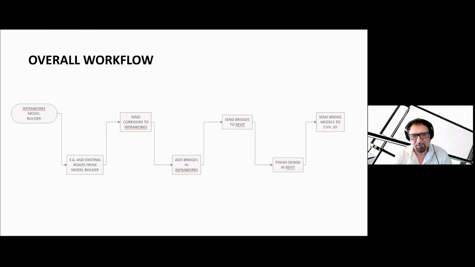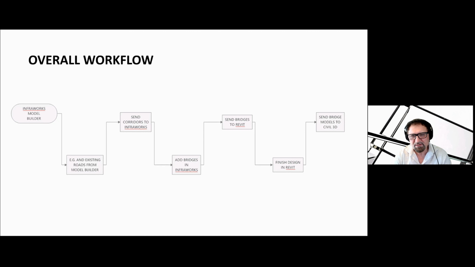First of all, the overall workflow provides a lot of opportunities for integration between highway design and structures design, specifically bridges and roadways. A very popular workflow is that we start with InfraWorks, which has a model builder where you can select the area of interest and collect any existing data.